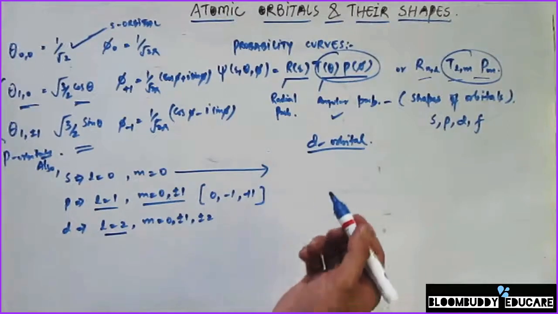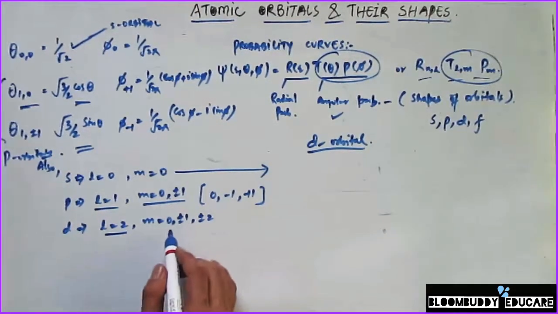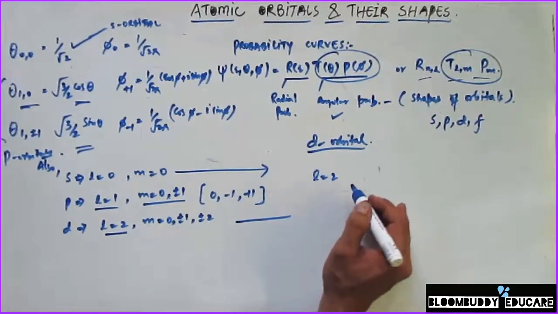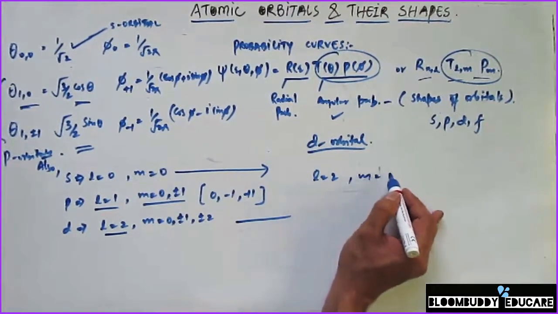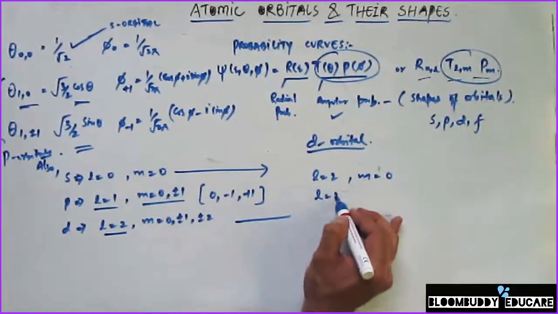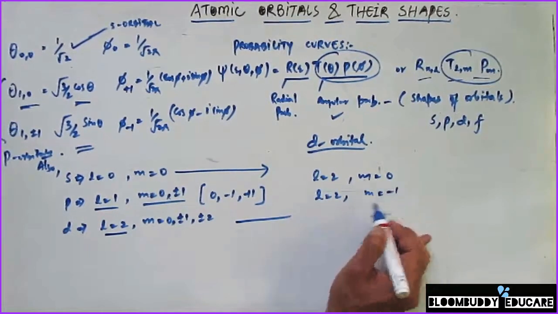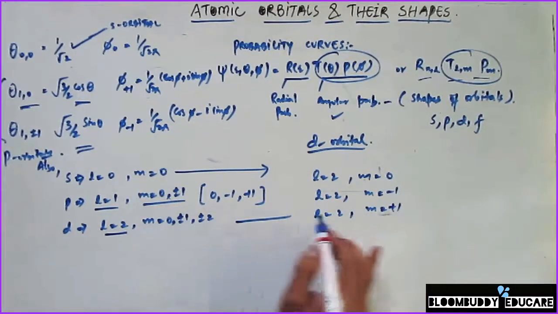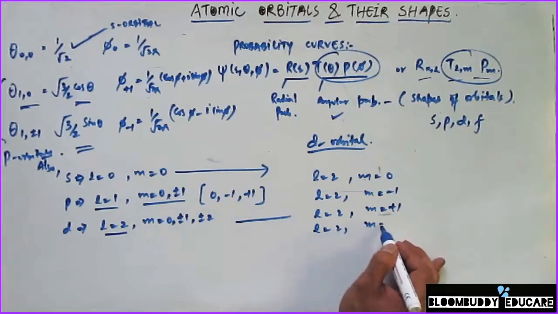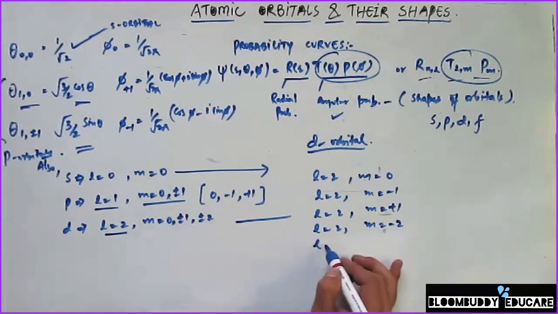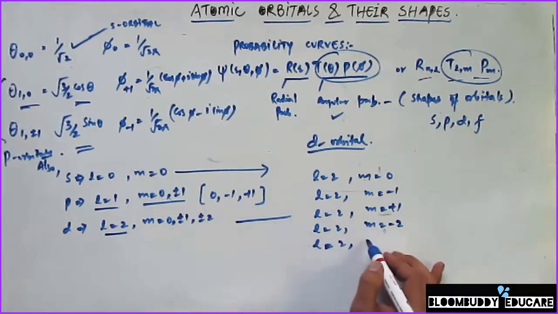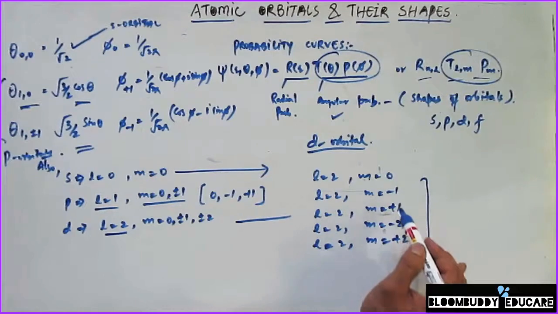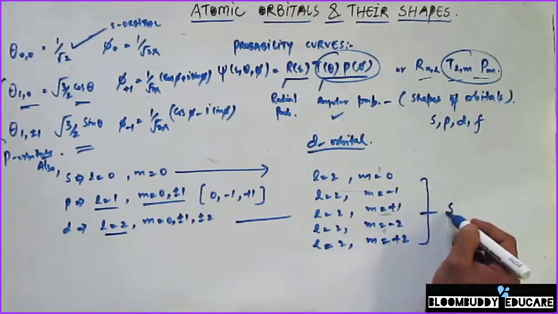Now looking at the shape of the d orbital, we know for d orbital we have 5 different values. Why? Because for d orbital L is always equal to 2, and for m we have the value 0, and then we have the value -1, L is equal to 2, then we have the value +1. Similarly, L is equal to 2 and m is equal to -2, and then another value for this d orbital for the quantum number is +2. So overall we have 1, 2, 3, 4, 5 different values. That means the d orbital has 5